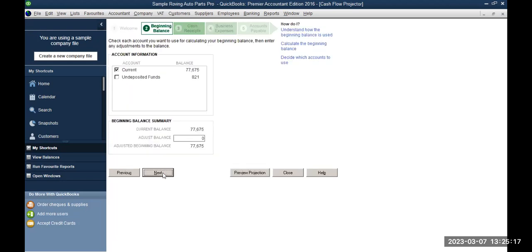So we are going to do a demo. Now it picks information from the current information you have in QuickBooks. So for example, this one is based on our current balance in the current account that we have in the system. Now you can choose also to include the undeposited funds, but if you don't want to include the undeposited funds in the cash flow planning, you can untick that one, and our focus is only